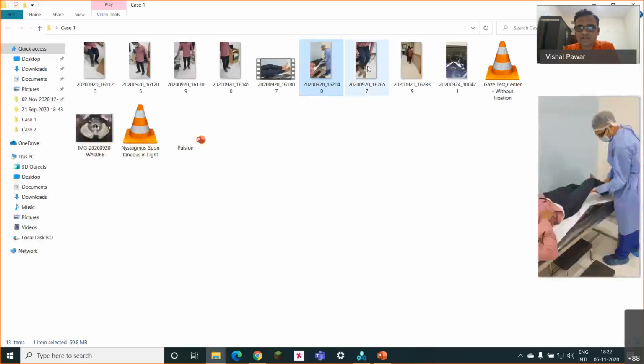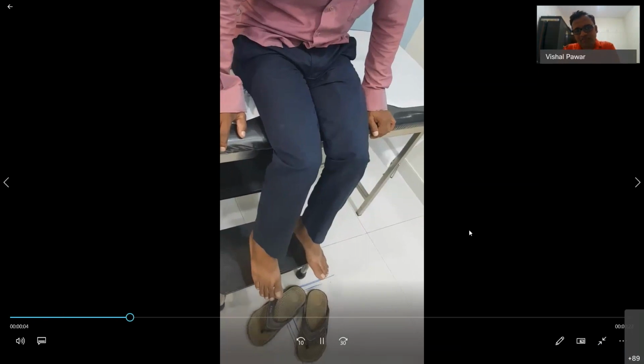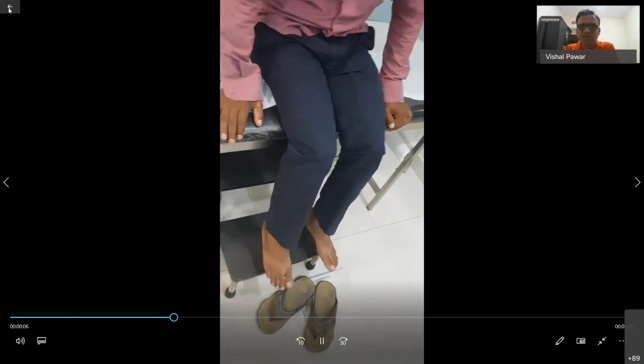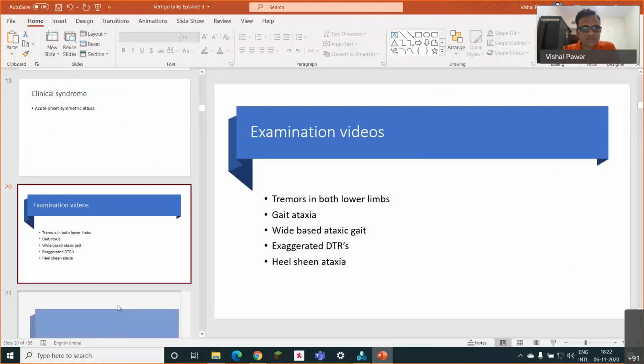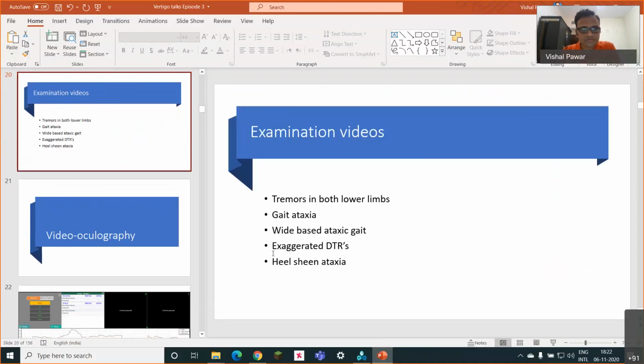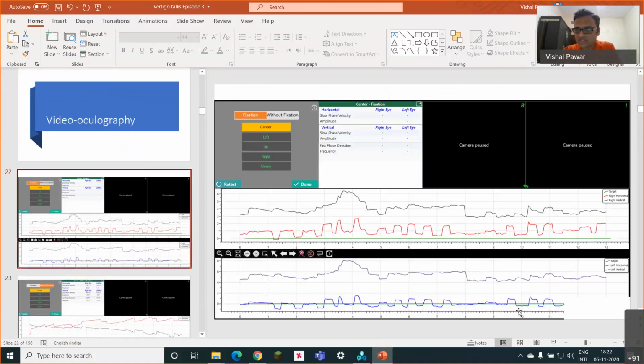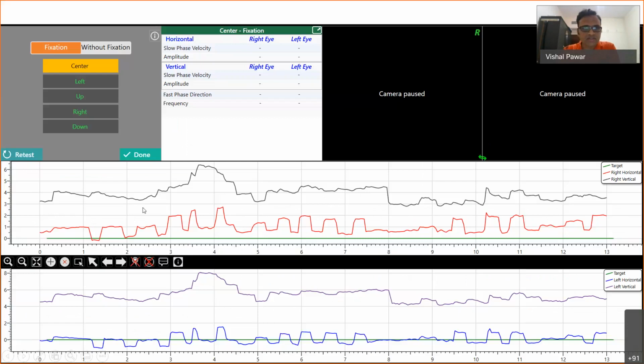The next one is, even while sitting, at rest he was having tremors in both the lower limbs. So basically, it was a case of acute cerebellar ataxia, which followed a respiratory illness. Then I did video oculography, this VNG, and the VNG was showing a lot of saccadic intrusions during the